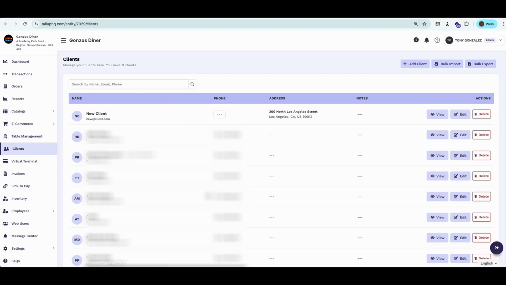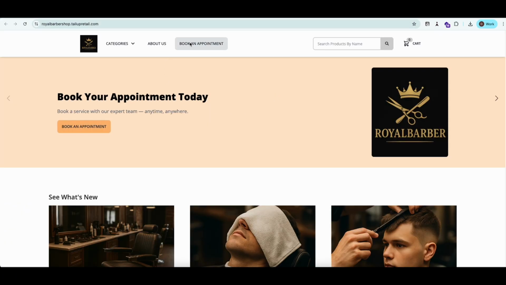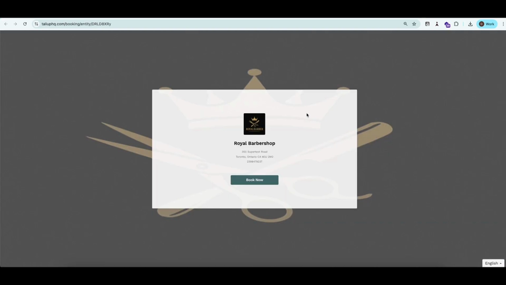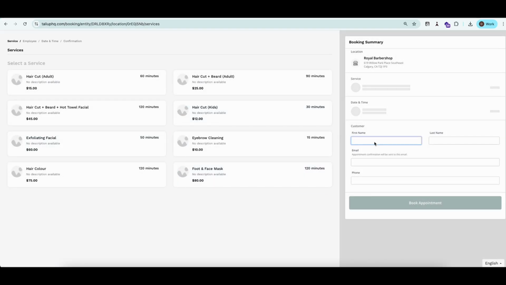There are a few ways a client can be added to a merchant's database. First, a client profile can be created manually. The merchant or staff member can simply go to the Clients section and create a new profile by entering the customer's information. Second, a client can be automatically captured during transactions or orders when the customer's information is entered during